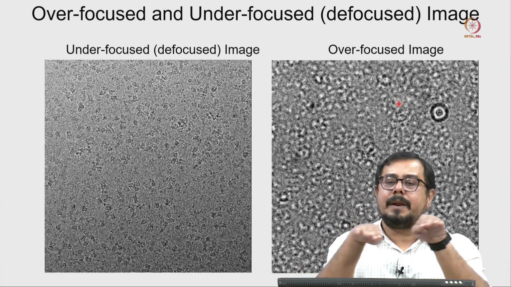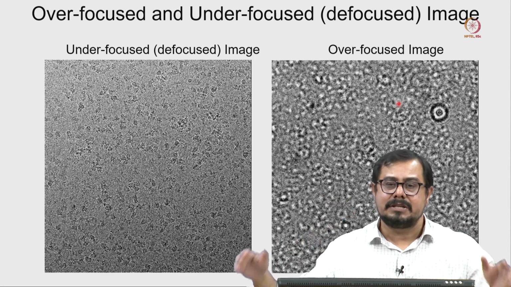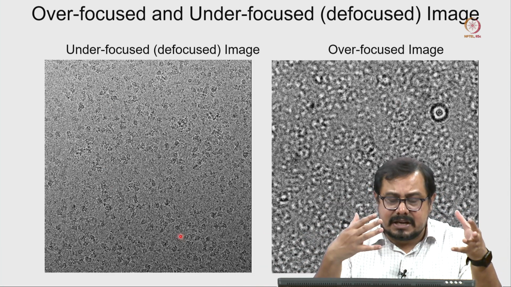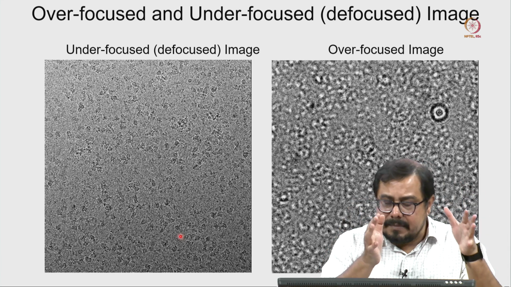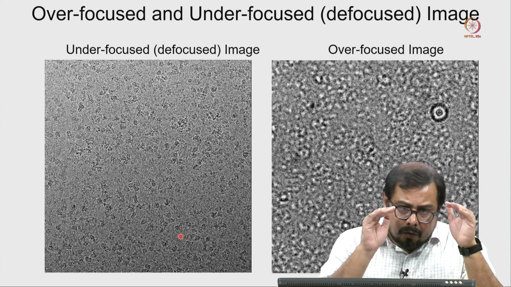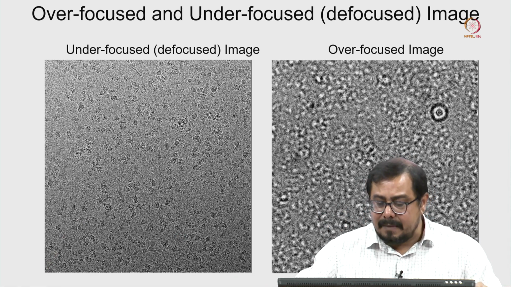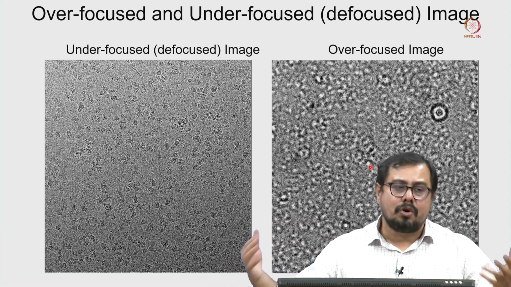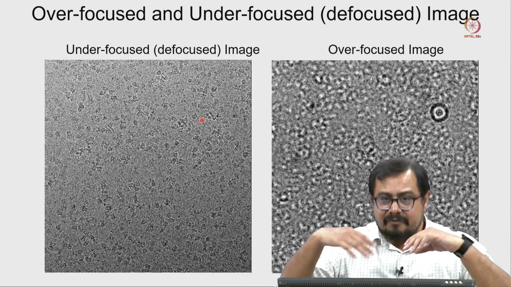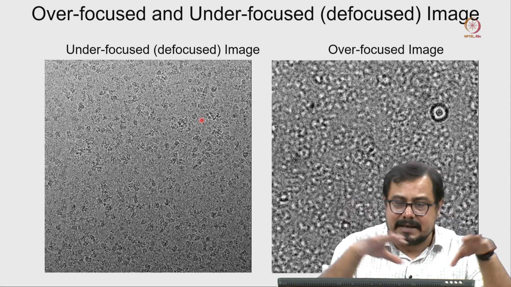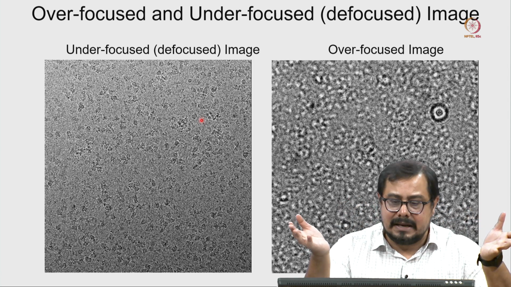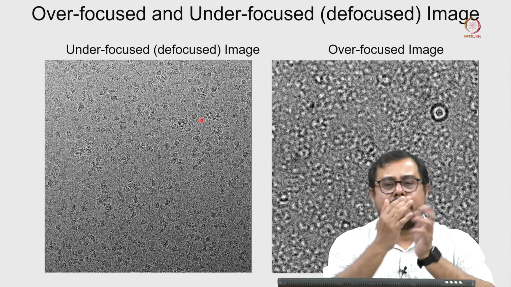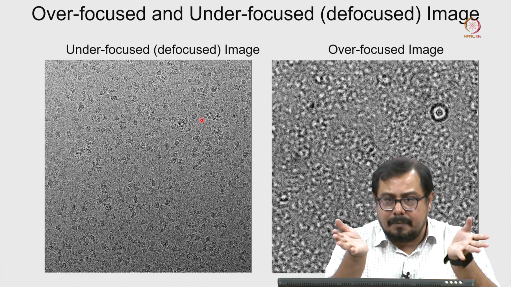So that is the problem with over focused and under focused images, and for cryo-electron microscopy we are interested in 3D structure determination, right? That is one of the major reasons we have to be consistent. We cannot mix and match over focused and under focused images. It will be really problematic when you do the data processing. Not only the inverted contrast, it is also going to affect the signal related part, which will come back later. So this is all about collecting data at different defocus values and what kind of focus we are using.